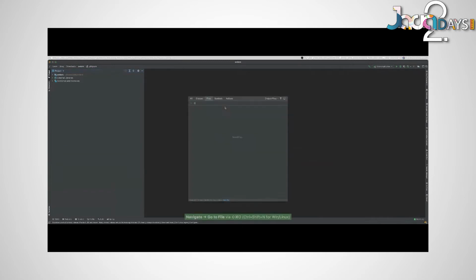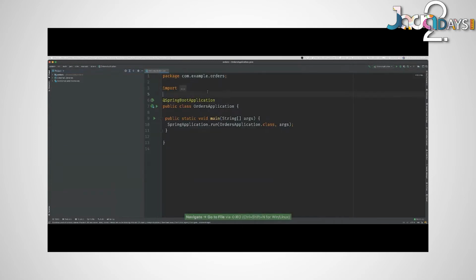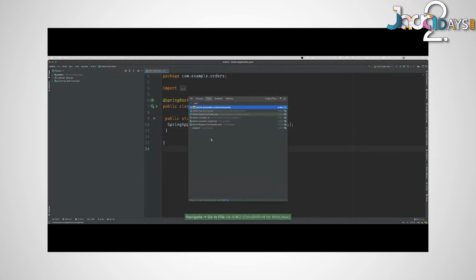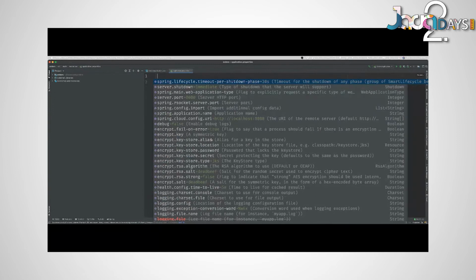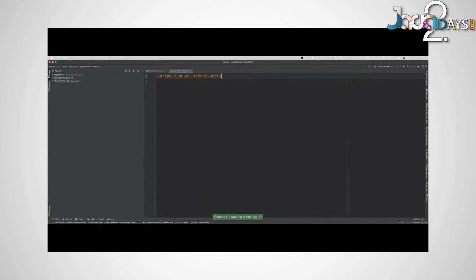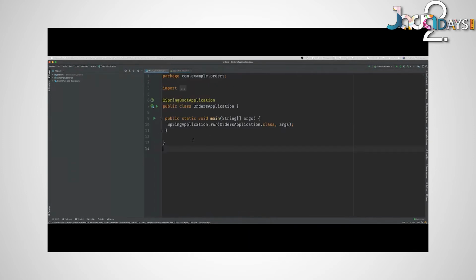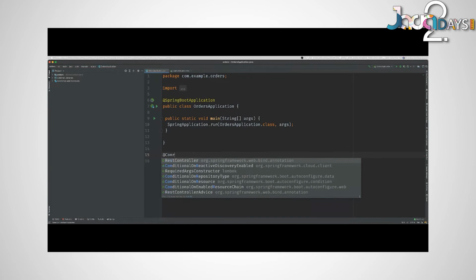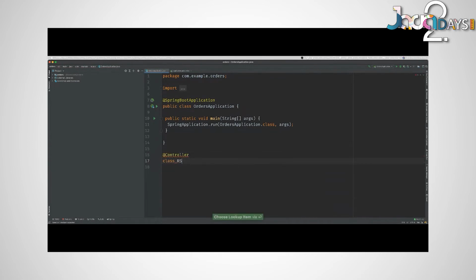Orders application. And so what we're going to do here is we're going to create a simple RSocket controller that will serve up order data. But we need to create the RSocket server process. So we're going to create this one and have it run on 8181. And then we're going to create the controller. We're going to say, okay, add controller class RSocket order controller, right? Instead of the customer controller. Or maybe it's the other way around. Maybe we do it like this. Right, order, there you go.